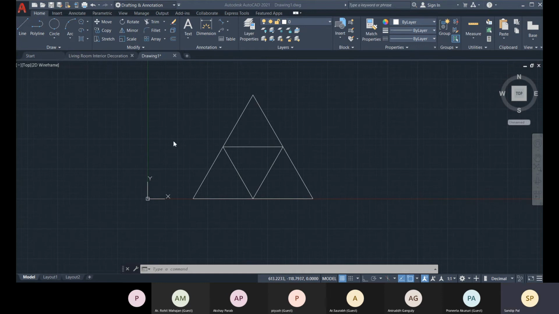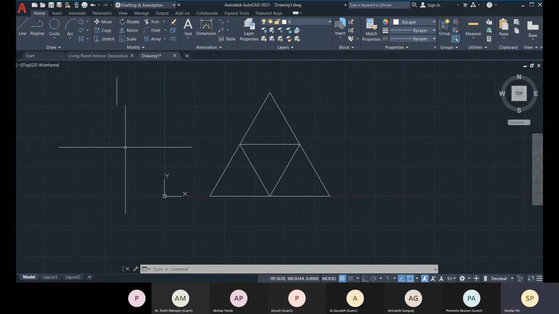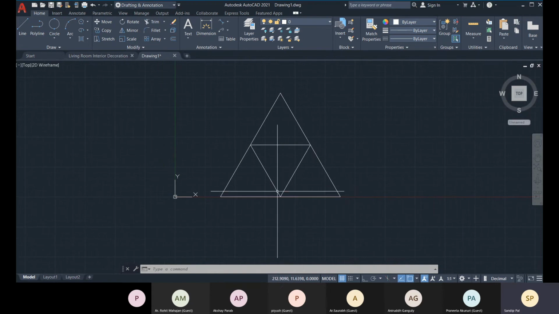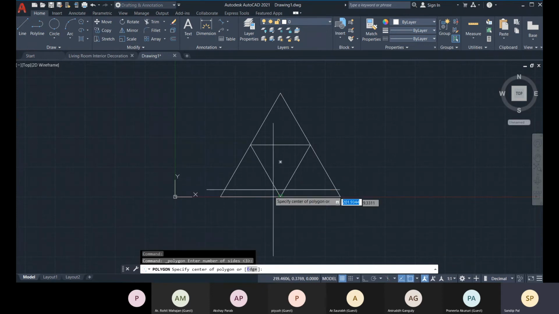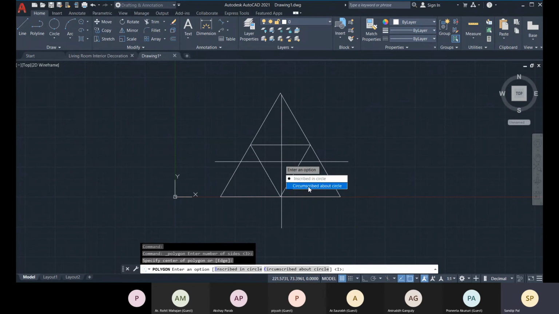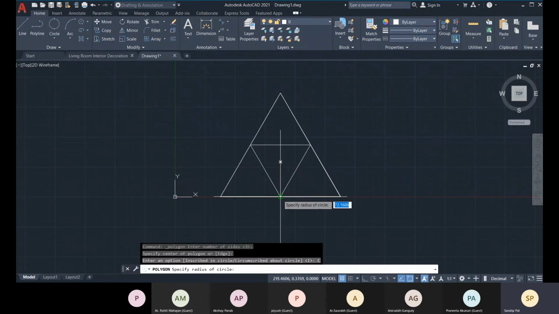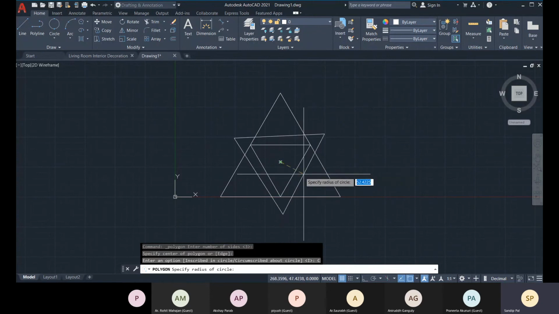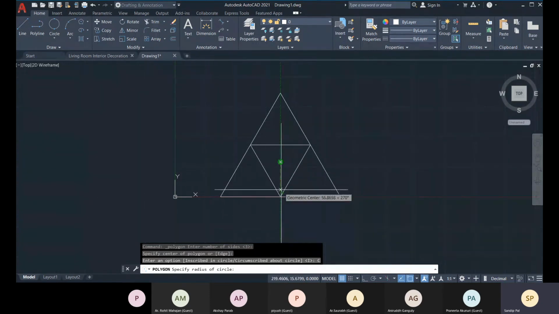Yes. So next, with the same polygon, I will define the center, and then I will define circumscribed. Now you can see, with the same center, I am getting this much of a circle.